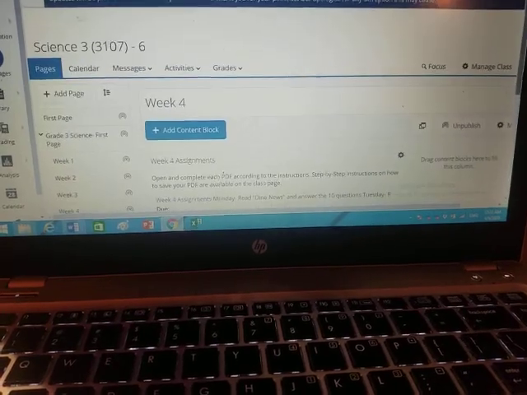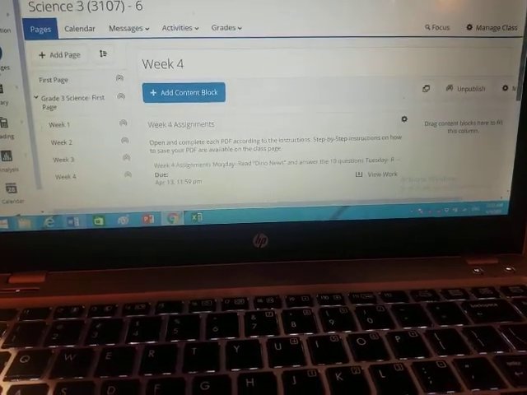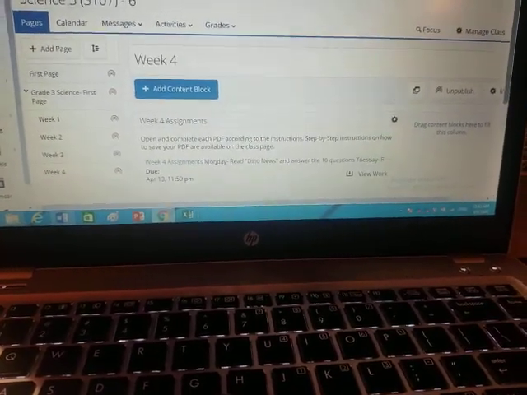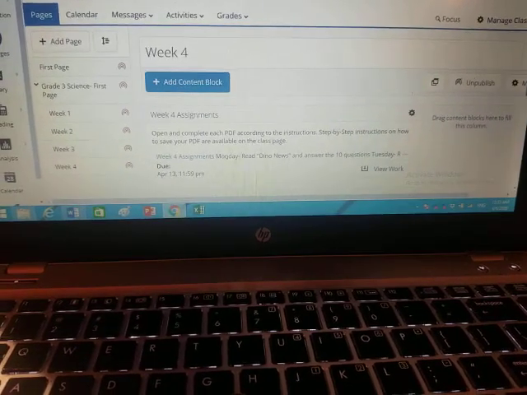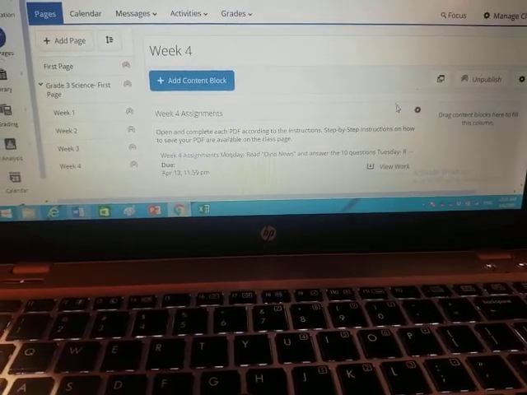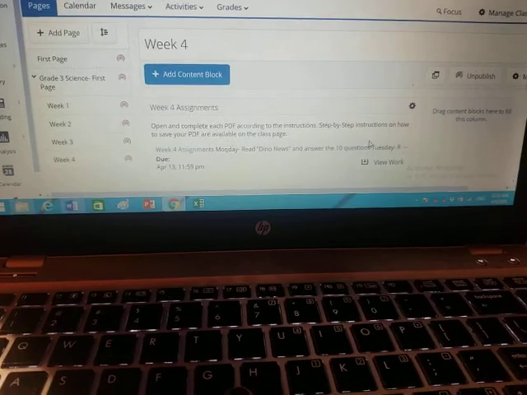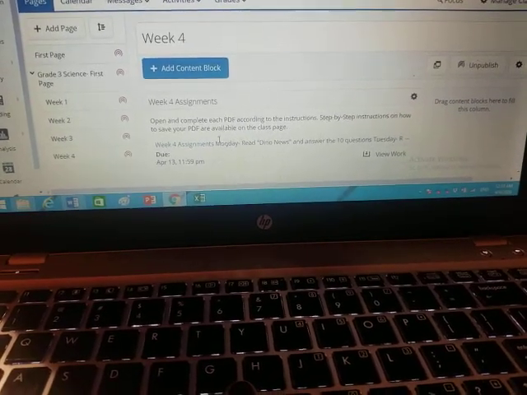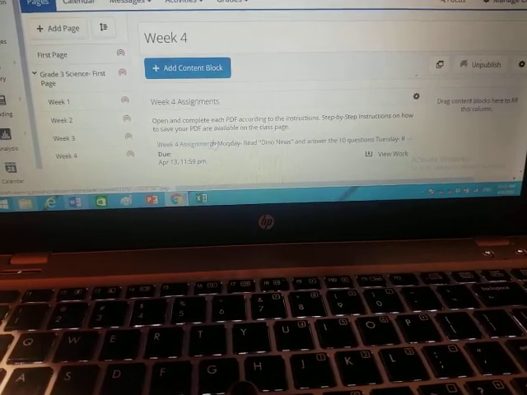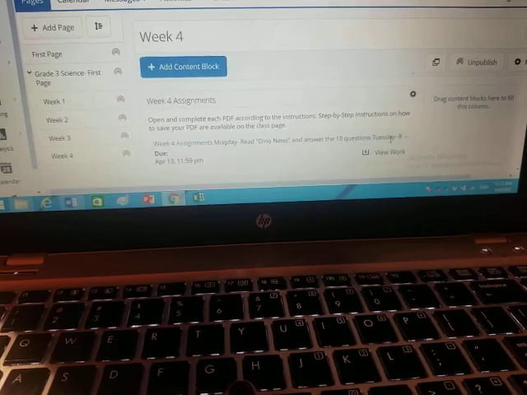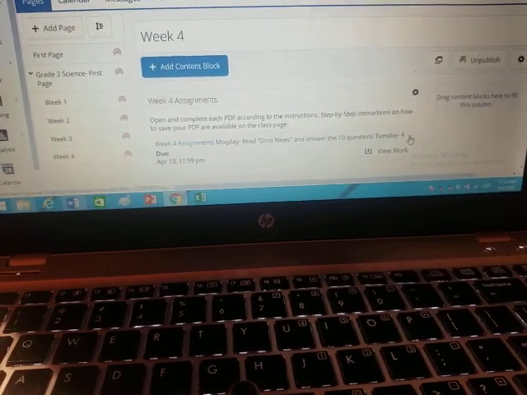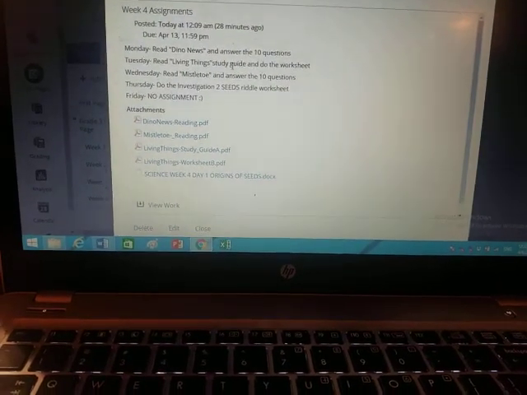Whenever we are in science, there's always a bunch of attachments, and we're always like, oh, which ones do we do first? Which ones do we do first? I kind of made it easier for you because if you see week 4, if you click on it, but don't click on it yet. If you scroll over, you're going to see 3 dots. If you click on those 3 dots, it's going to open it up and it's going to tell you exactly